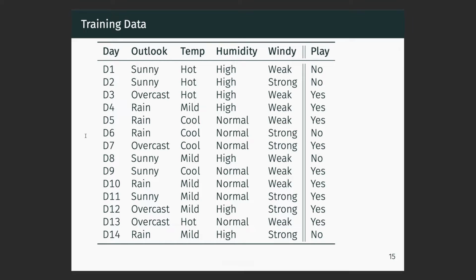You have, for the first 2 examples you do not play, for the third example you play, and for the fourth example you play. Right? So the entropy of this set is going to be 1, because the probability of playing and not playing is